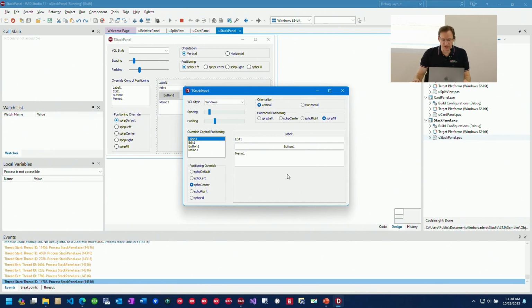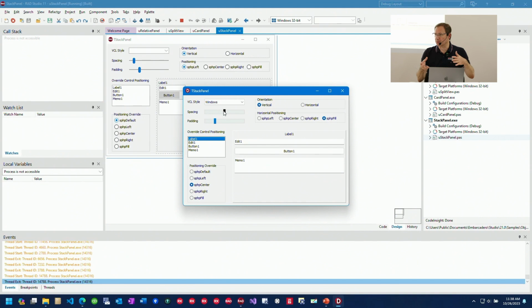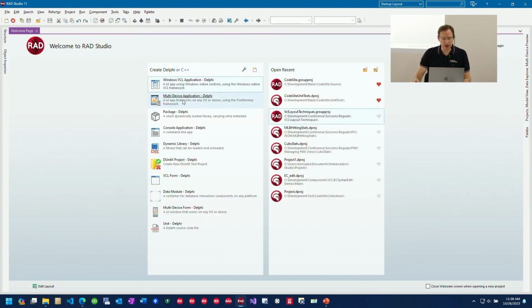So there's quite a bit of things. And what's kind of cool is that it remembers what its native size is. Because if you do that with alignment, if you align a panel or a label to the top of the form and then say align none, well, it's the same size, what you changed it to. Once in a blue moon, you might get lucky and it goes back, but again, it depends if no other changes were saved to the DFM beforehand, and it figures that out. So going in, there are also properties to control the spacing and padding inside of it. If we wanted to give more space, just increase the spacing between each of the controls. It's all built in. So let me go back and bring up a new VCL app